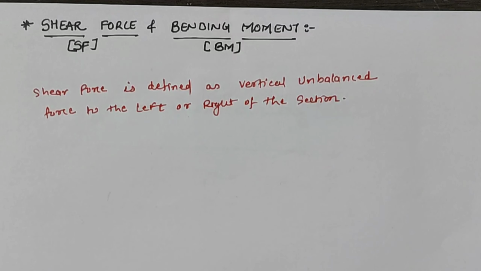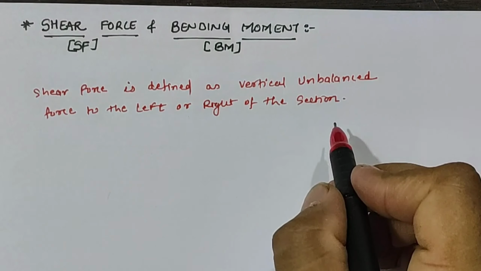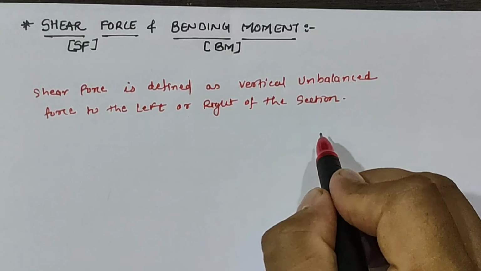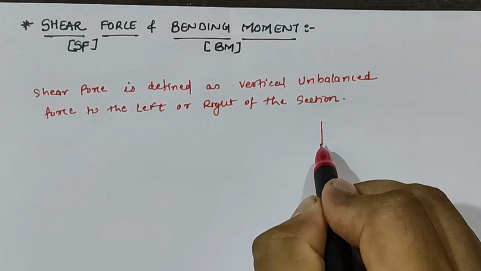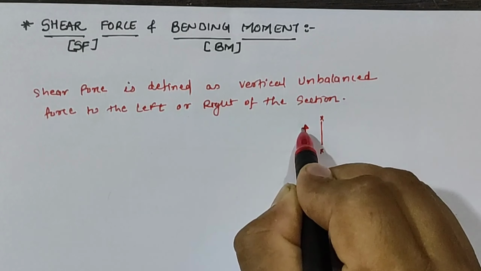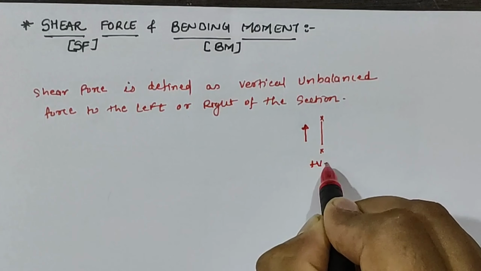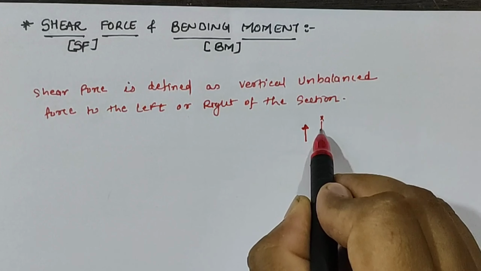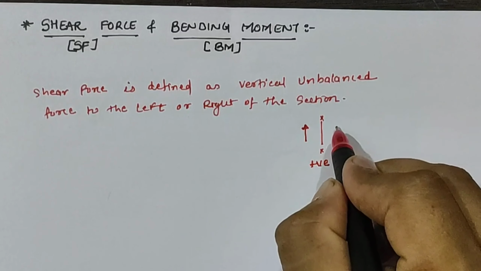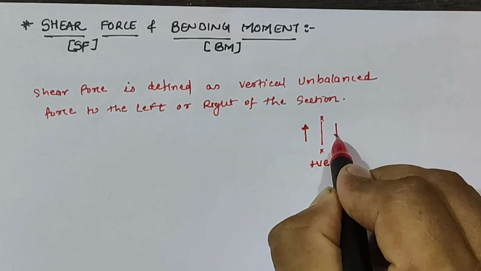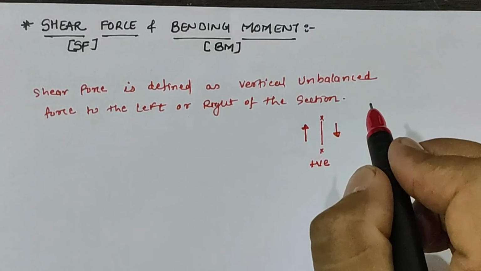the section, where section is the point on the beam where we are going to calculate the shear force. And for the calculation of shear force we have to assume, for example, at section left hand side of the beam the upward vertical force is assumed to be positive, as well as if we take the right hand side part, then in the right hand side part the downward force is assumed as a positive.